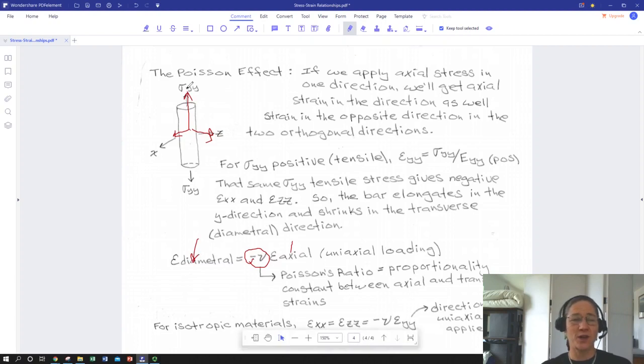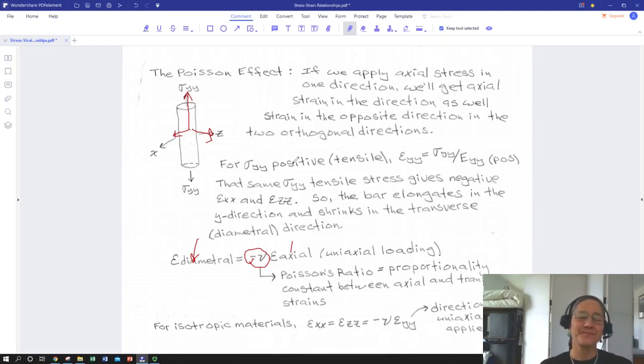So if I had applied a compressive stress and ended up with compressive strains in the axial direction, the cylinder would get fatter by Poisson's ratio in the radial direction. So, and this is strain in any single radial direction. So that would be, if this is EYY,